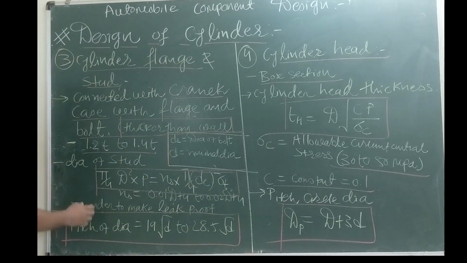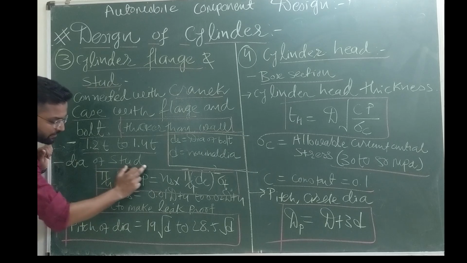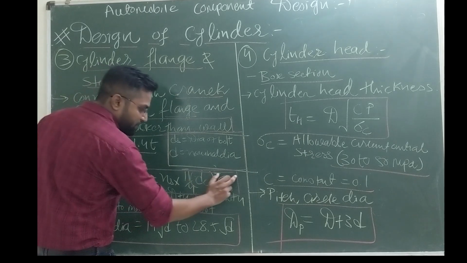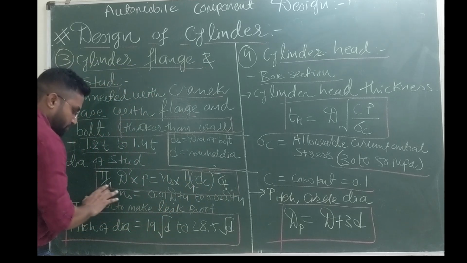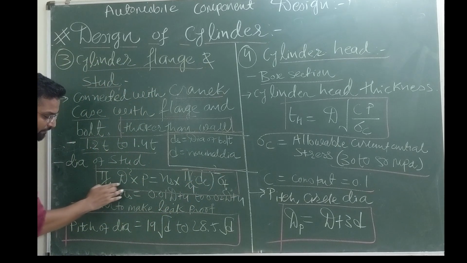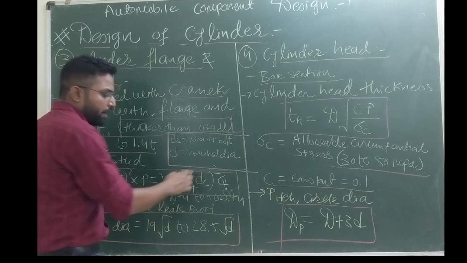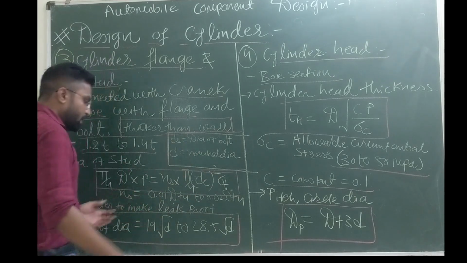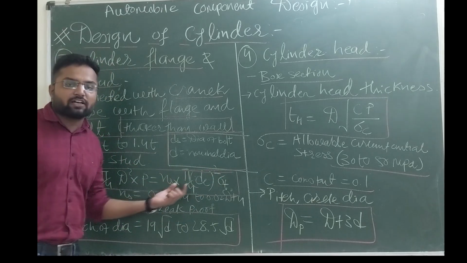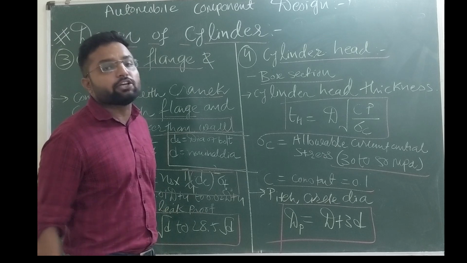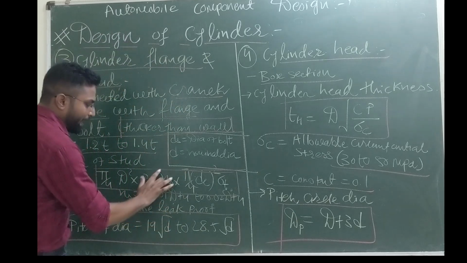So the equation for this strut is: this represents the force due to gas pressure and this represents the resisting force exerted by struts, which is pi by 4 d square into P is equal to Ns into pi by 4 into dc square into sigma T. So ultimately our strut design depends on the shear stress generated due to gas pressure, where Ns is